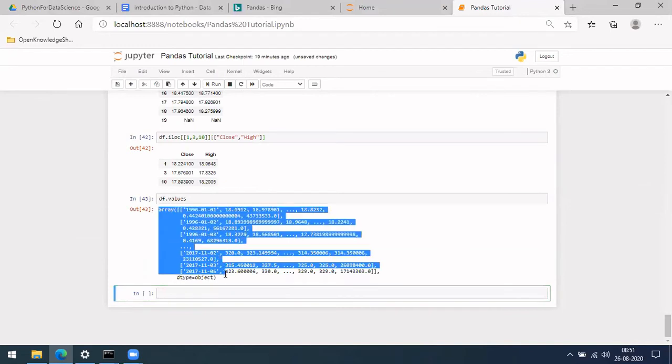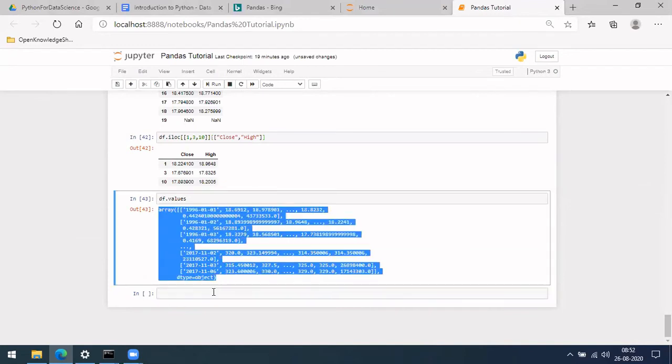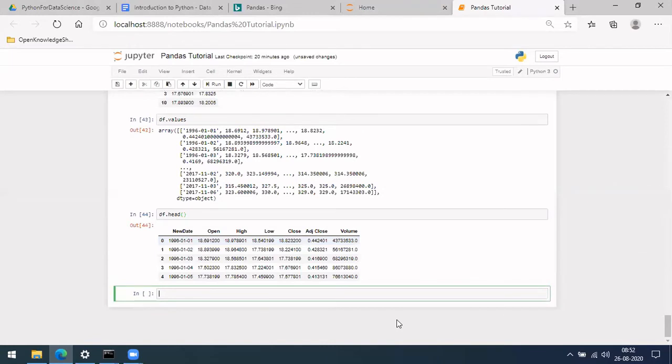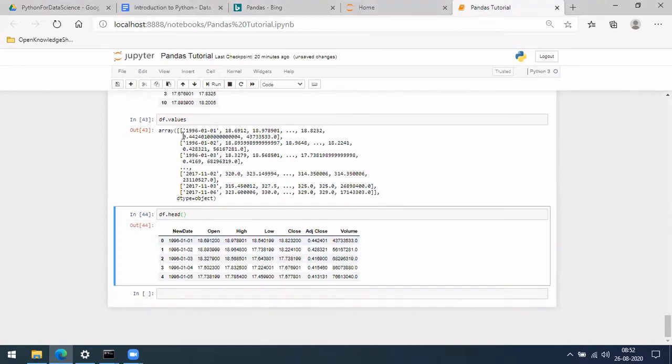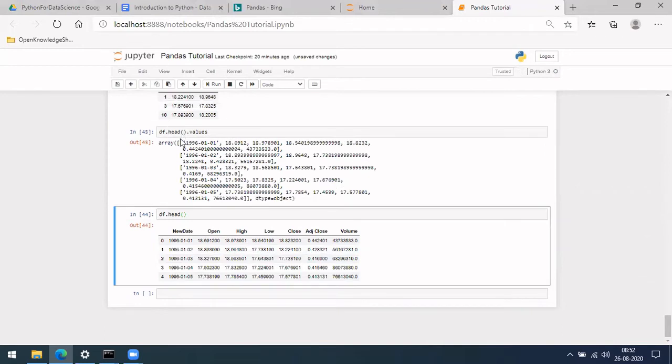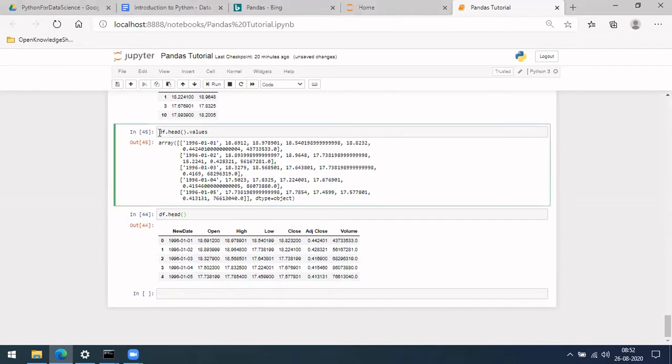If you do this, your entire data is now a kind of NumPy array. If you see here, let me do dot head. It is like this. So that has become a kind of array here. So instead of all, let me do it only for dot head, so that it will be only the first five. It will be easy to compare. Let me save it in A.